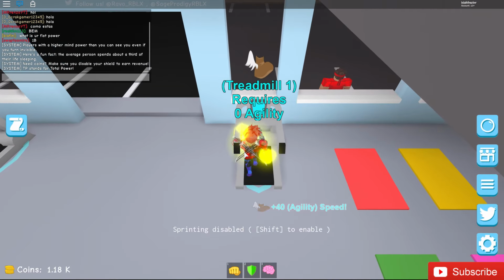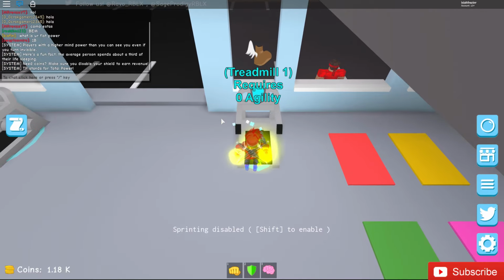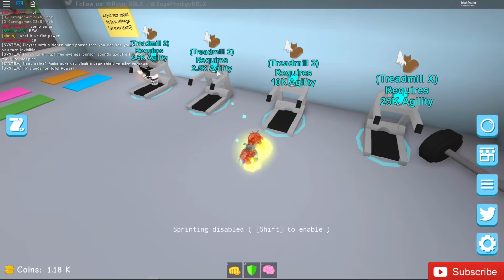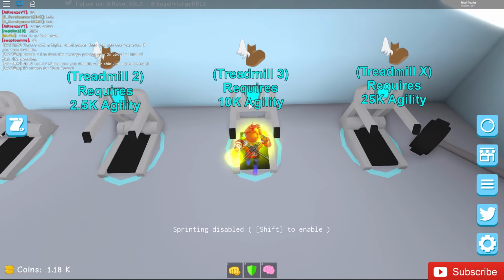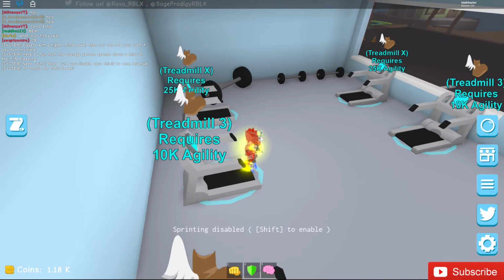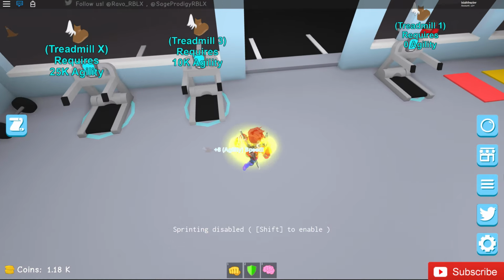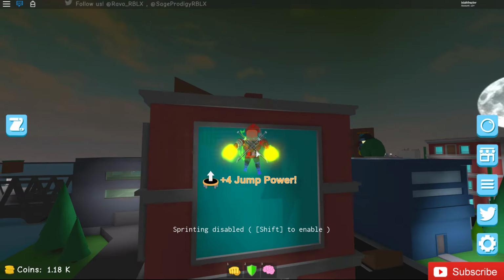You just don't type any keys or press enter until you want to be done, and then you just hit enter. After you're done, you grind that. You grind the 0 to 2.5k, that's the second treadmills. Then you grind the second treadmill to 10k, and it gives you like 160 if you have time tape multiplier. And this right here is the last treadmill, it's a 25k, and yeah. This is the last treadmill. You guys really don't want to train your agility past 25k. There's really no reason. Now for jump,